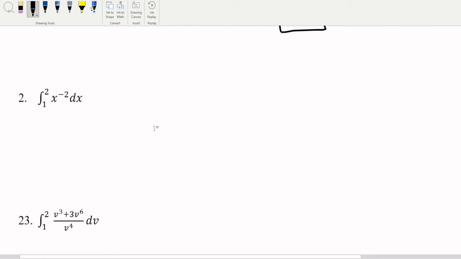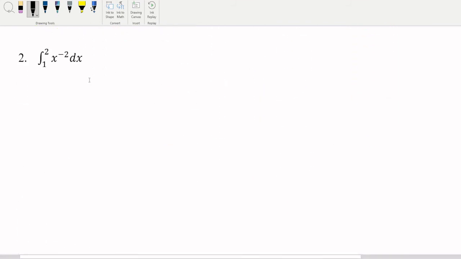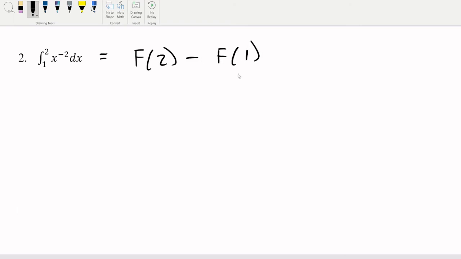So here's another one. Get rid of that. All right, evaluation theorem: F of 2 minus F of 1. Now I'm going to show you notation that's more common to use than writing it out like this. First step, find the antiderivative, which is add 1, divide. Then the notation that's common is to see, so I'll do this in a different color,